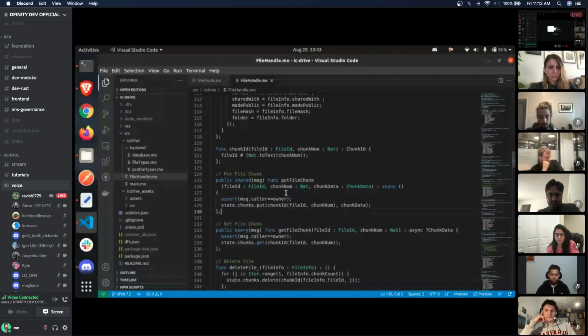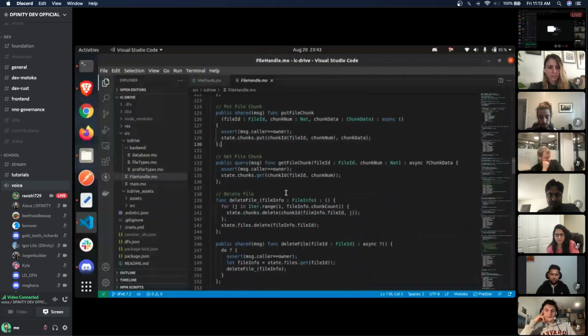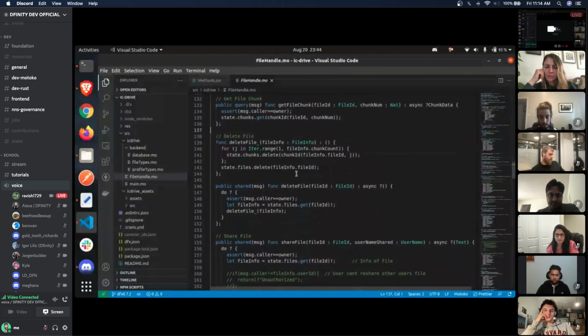Next, if you want to retrieve a file, you can go for the get file chunk function. Whenever you double click on the file, we pass the file ID, and we start the chunk number from 1 to whatever the total number of chunks are. All of them are called recursively using a loop, and the entire file gets transferred to the front end and is shown to the user, or it's downloaded at his end.